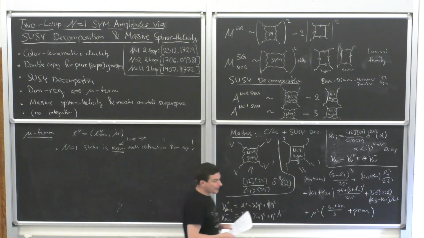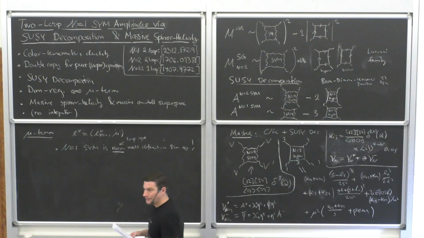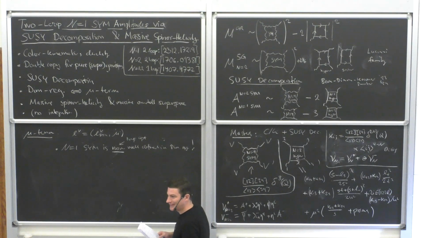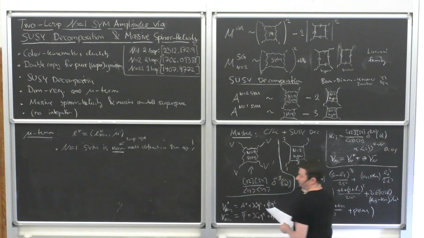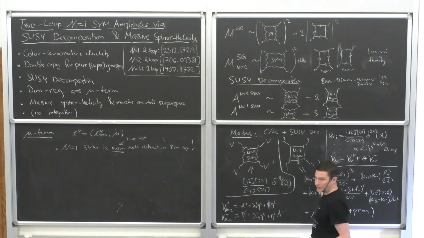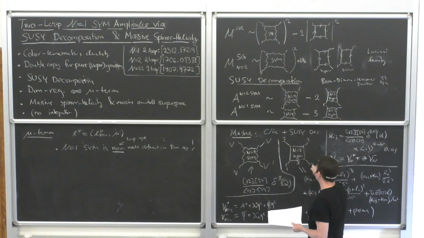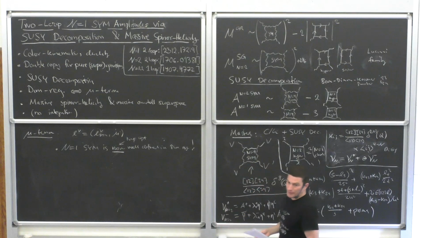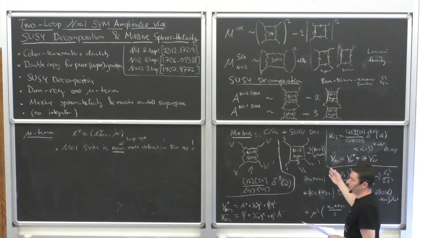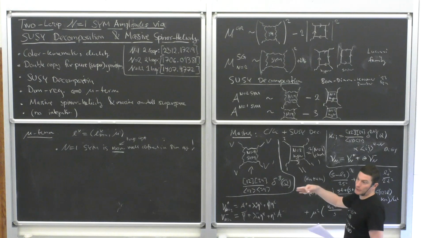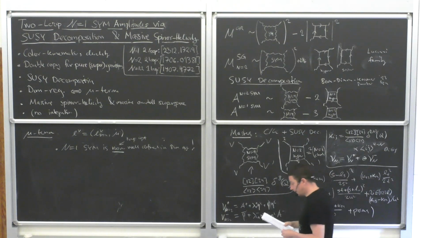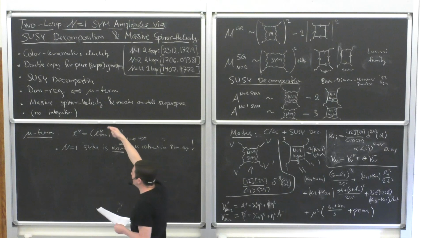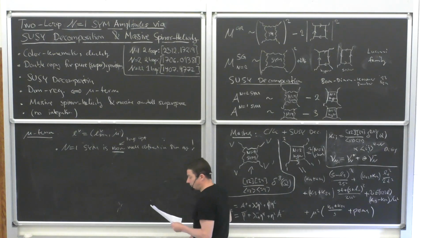Why? Well, here you can say it's an accident. It's an accident because this diagram is secretly n equals 2. I mean, it's both n equals 1. This is also like n equals 1 Carol, or 2 times n equals 1 Carol. So you can say it's just an accident, right? But what we want to do is take this accident and see how far we can go. Can we go to 2 loop? That's where we'll get into the later part of this talk.